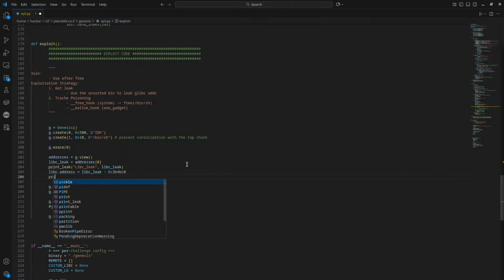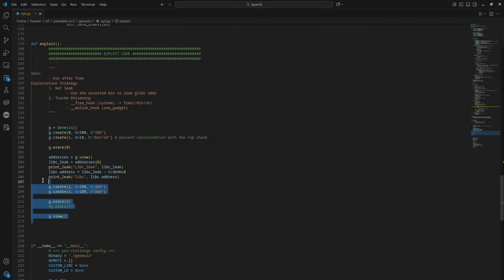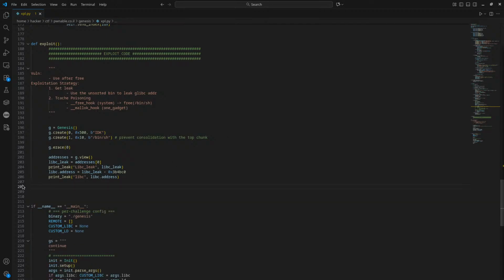Then we're just gonna print this libc and libc address, just like that. So this first part is done. So now